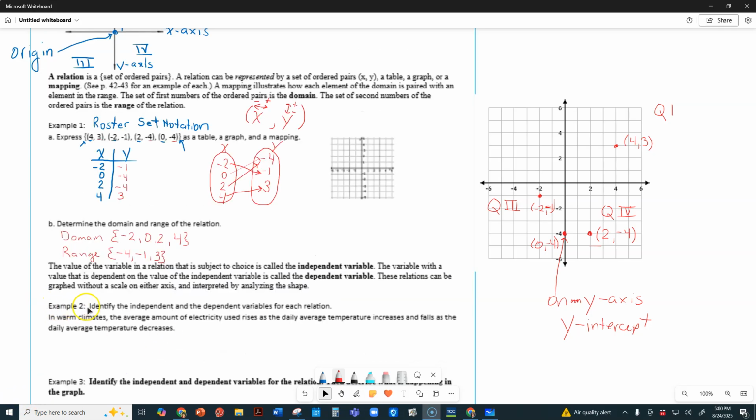Okay, just like I said, for example 2, you really need a contextual situation in order to identify the independent and dependent variables. Here is an example. In warm climates, the average amount of electricity used rises as the daily average temperature increases and falls as the daily average temperature decreases. So here we're saying that whether we use a lot or use a little electricity is going to depend on what the temperature is. That means that we would write